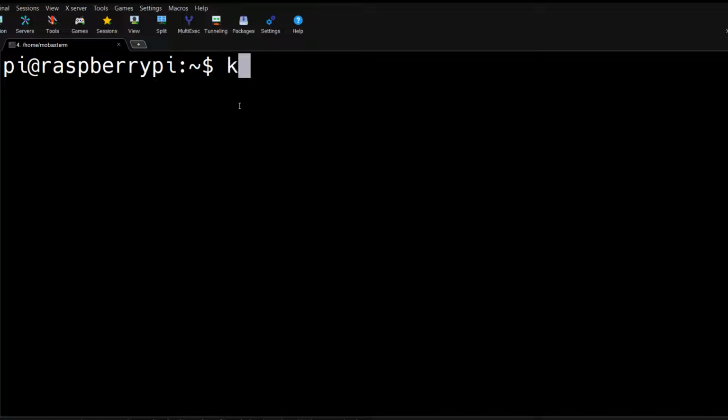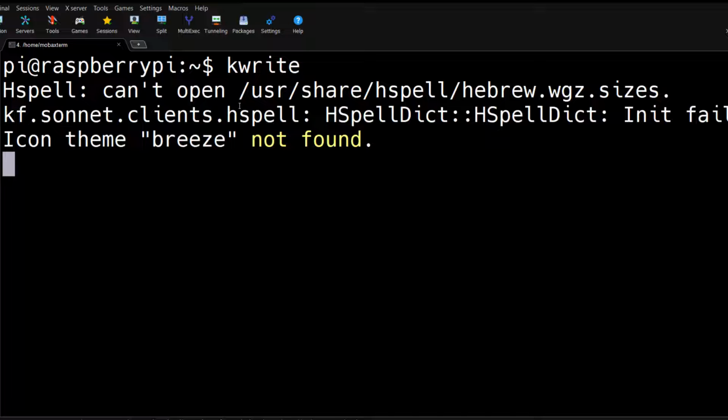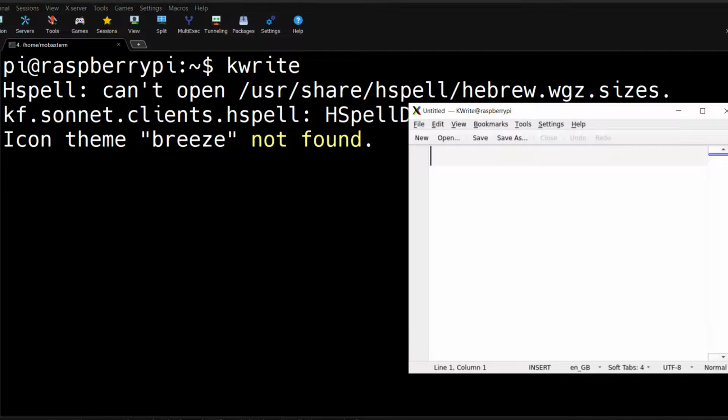Earlier we have seen that we can invoke any sort of graphical user interface or graphical utility with the help of X11 forwarding in Unix. So now I am going to open a graphical editor known as kwrite that we had installed earlier. If I type kwrite and then hit enter, it opens that particular utility. So here we have an X11 window and we have an instance of kwrite opened.